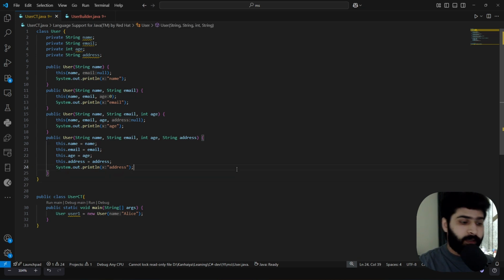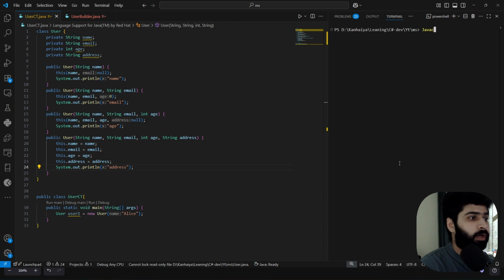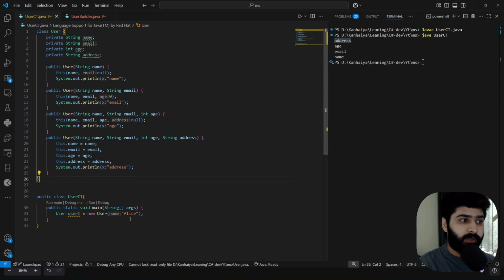Let me quickly run this and show you how this is happening. We can use Java, this is my UserCT.java. As you can see, first it went to the address, because the final assignment for the user is happening there. Inside the main class, we created one instance of the user.